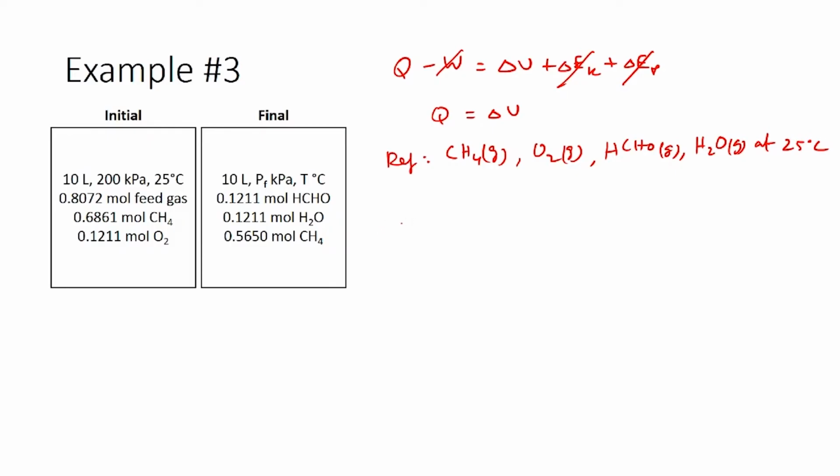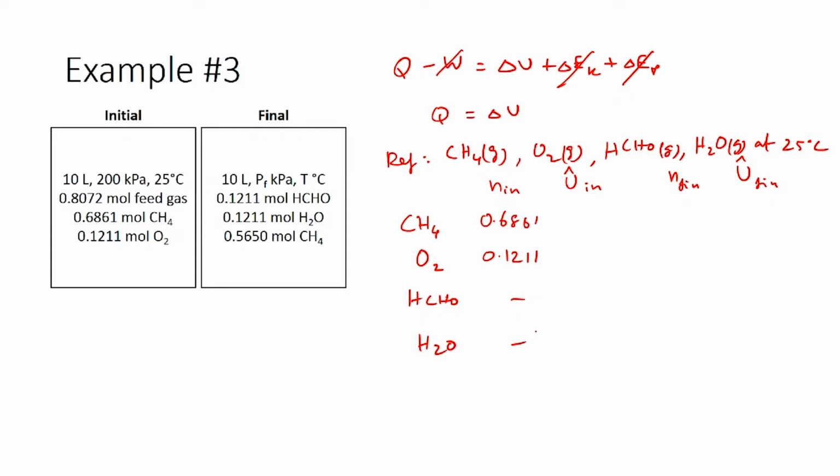So, the table would look like this. You would have methane, oxygen, formaldehyde and water. You would have N initial and U cap initial, N final and U cap final. So, initial moles are 0.6861 and 0.1211 and you do not have any formaldehyde and water. In the final condition you have 0.565 moles of methane, there is no oxygen, you have 0.1211 moles of